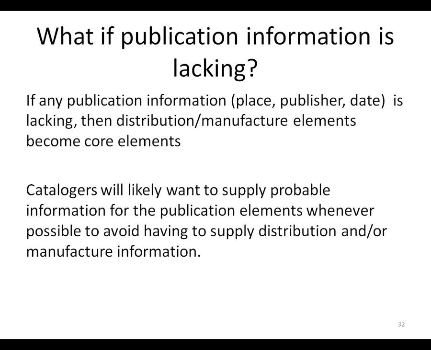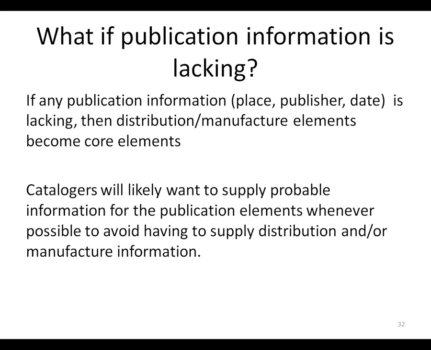Now, there's a general practice, and this is actually fairly common with serials. What if publication information is lacking? Well, I wouldn't say it's fairly common, but it happens. If place, publisher, date does not appear on the piece, then the distribution and manufacturer elements become the core elements, which